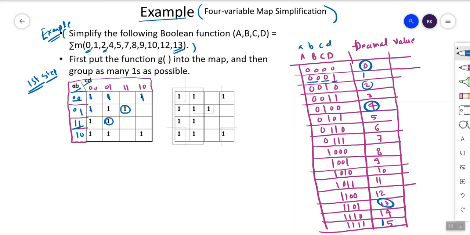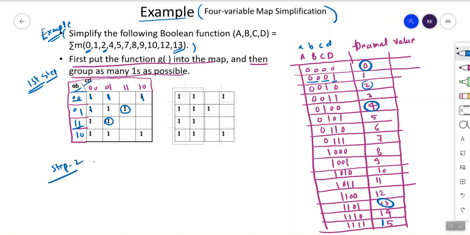Second step: first put the function into the map, then make the groups as large as possible. So now he is making the group. First we have to take the largest group. There are 16 entries in this map.